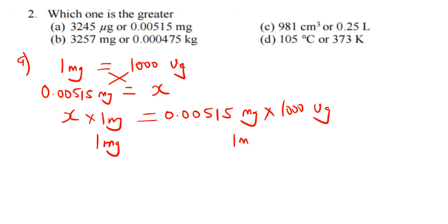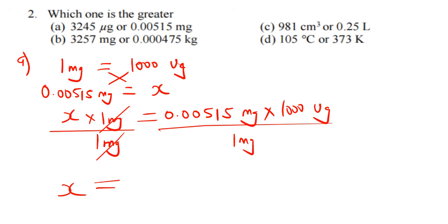Then I'm just going to have my x, and the 1 milligram can cancel. Now I have my answer in micrograms. Now because I'm multiplying by 1000, you are going to see that the point is going to move 3 steps to the right. So 1, 2, 3. Okay, so therefore my answer is going to be 5.15